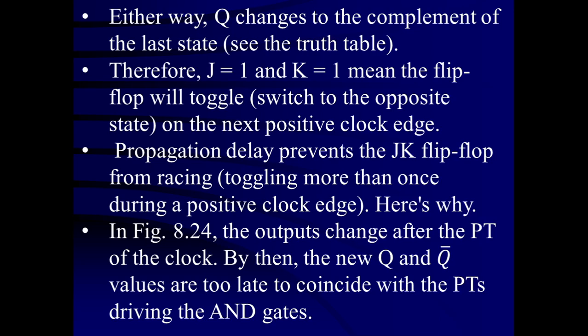Now, very important things. The propagation delay time prevents the JK flip-flop from racing, toggling more than once during the same positive clock edge. So the duration of the positive clock edge is very low. What is the propagation delay time? Once the input hits the flip-flop, the output of the flip-flop is going to result only after a certain minimum time. It is not going to result immediately, and hence this minimum amount of time it takes